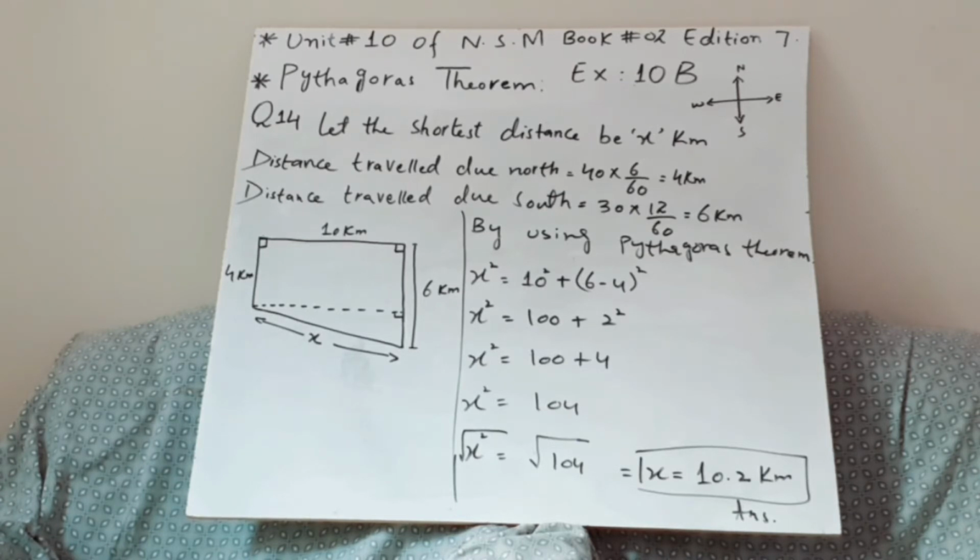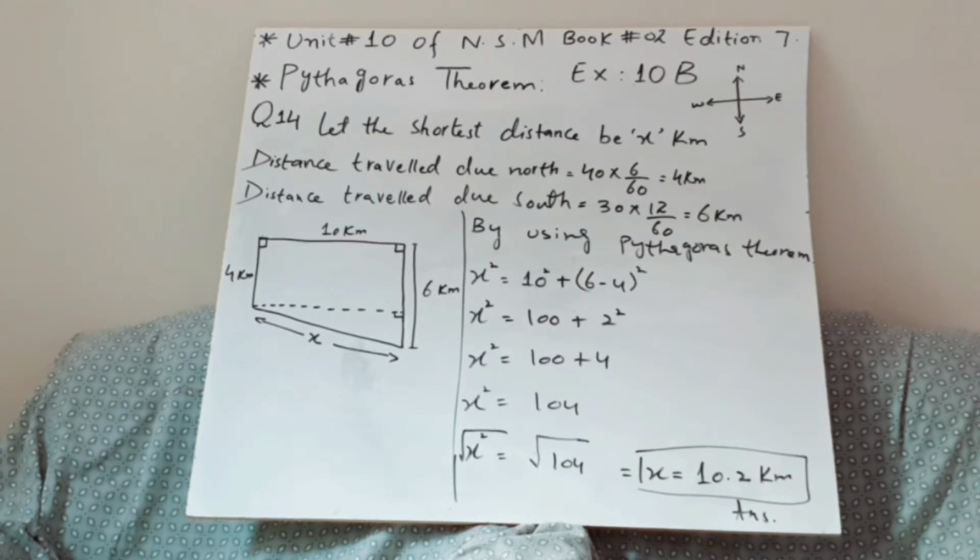So what we have to do, by using Pythagoras theorem, the calculation is in front of you, x square. We have to take the right angle triangle, as you can see by the dotted line, and the side which is opposite to that right angle is x. So x square equals perpendicular square plus base square. The perpendicular, which is 10 kilometer due east, the dotted line, so 10 square plus,